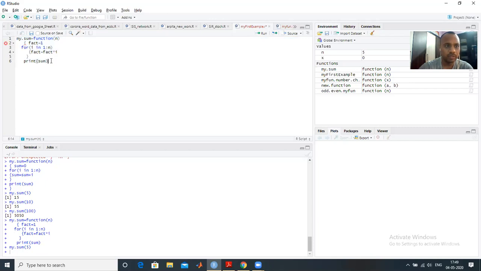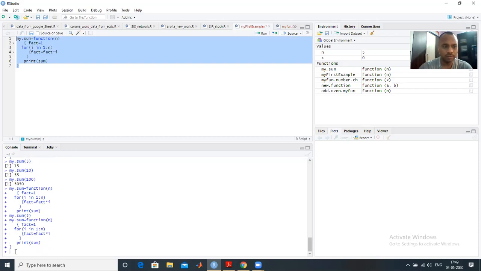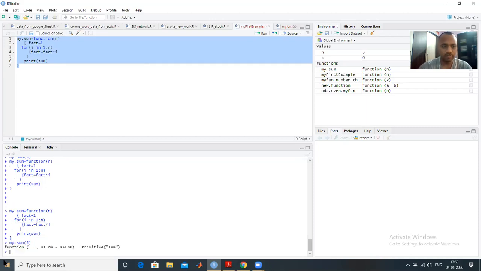Oh, one curly brace is missing here. So now it is completed. And if you run it, suppose I compute at 5.